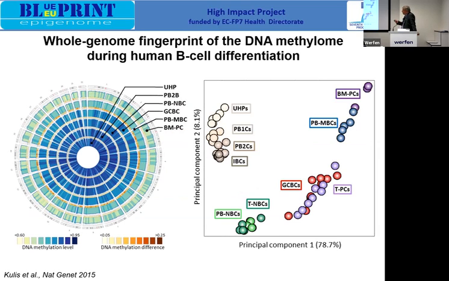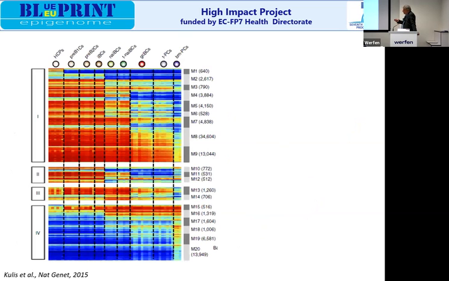That's a study we did in the framework of the Blueprint Epigenome Consortium, a European consortium that was run by Iñaki Martin Zubero, my former PhD student and postdoc. We investigated the DNA methylation across the undifferentiated cells into plasma cells. You see there's a change of overall DNA methylation. And if you do this kind of principal component analysis, you also see that the different populations clearly distinguish, so you can identify them. And if you do this from a more sophisticated point of view, then that's the differentiation from hematopoietic stem cells to bone marrow plasma cells.